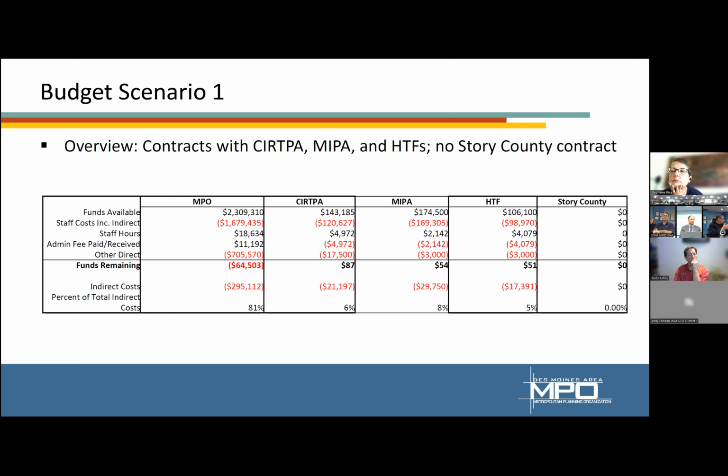And you kind of commingle those things to make the numbers look different at the end. That confuses me, because you're telling me you can do MPO stuff at $100,000 less, basically, at the 17,000 hours. Then you turn around and say, if I get all these other contracts, then I'm going to have 18,000 hours in the MPO. Well, I mean, that's not right. You just don't do that.